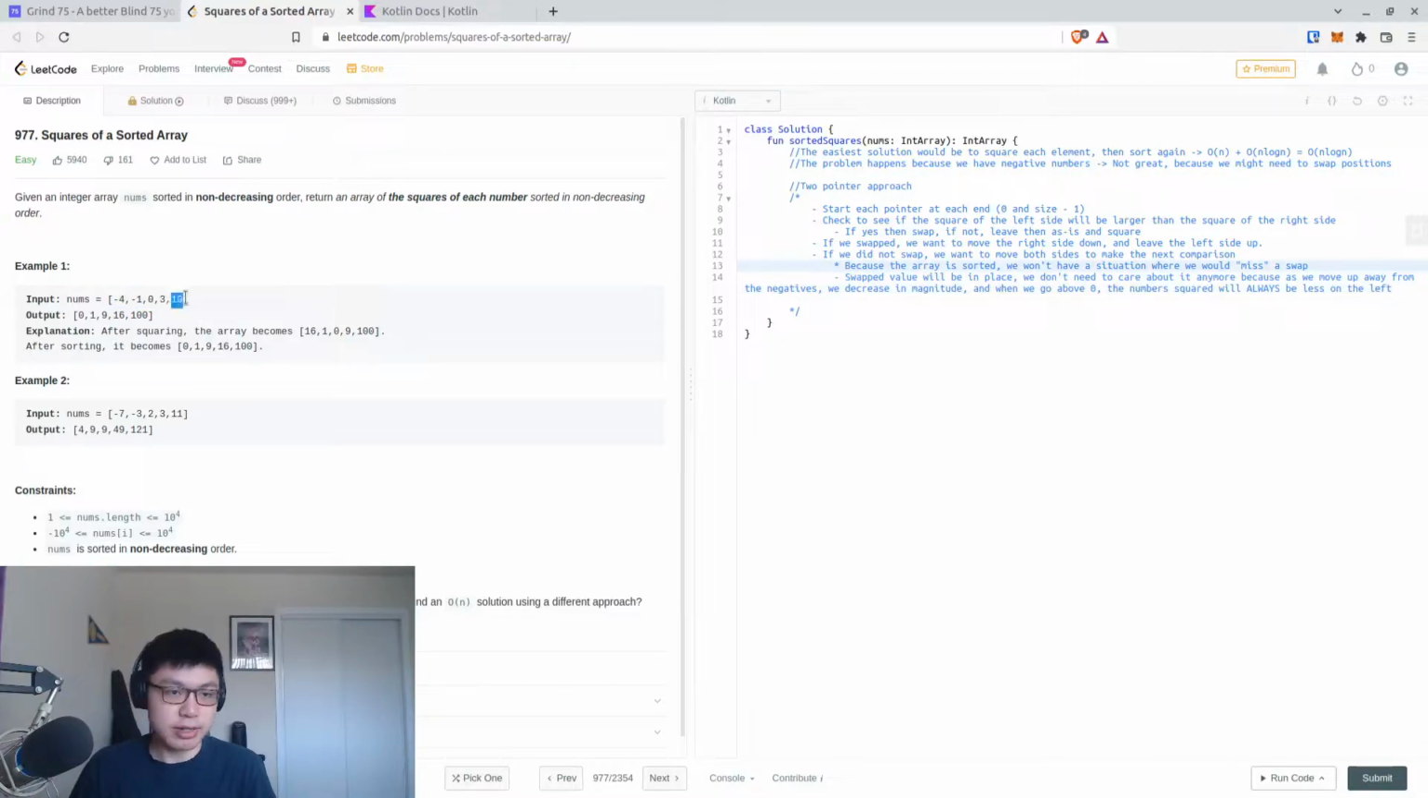So continuing our example, 10 and 4, we did not swap, so we only moved the right side, and the 10 is where it should be. 4 and 3, the 4 is greater than 3 in magnitude, we swap 3 and 4, and then we move the right side down. Interesting. Okay, so maybe we don't actually want to move both sides then. Because the 3, if we did not swap,